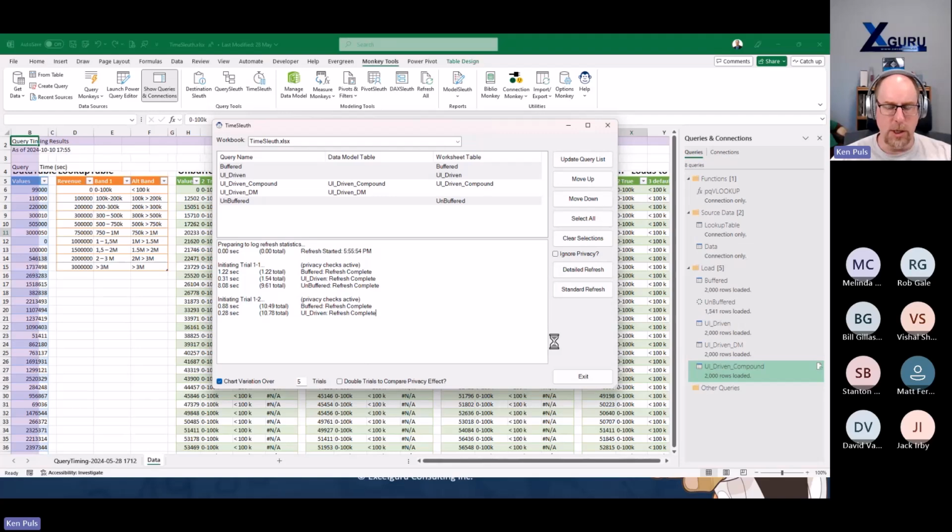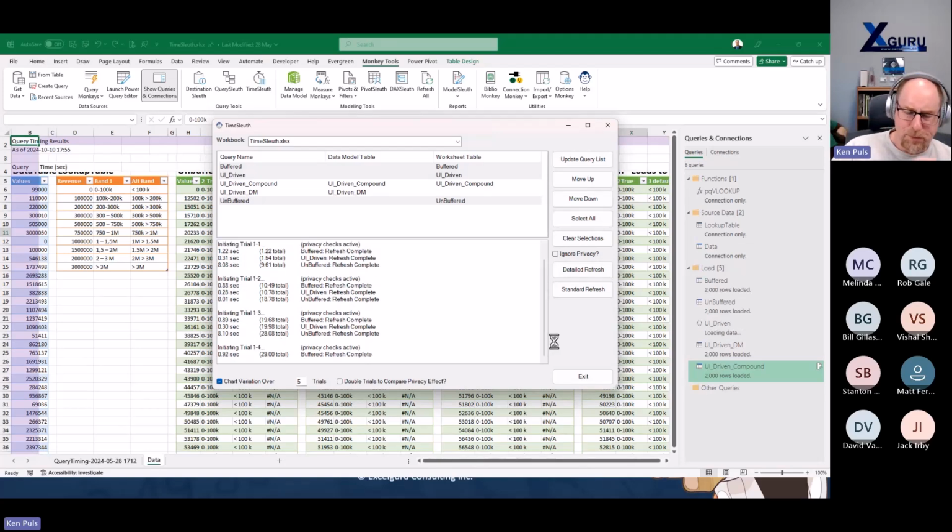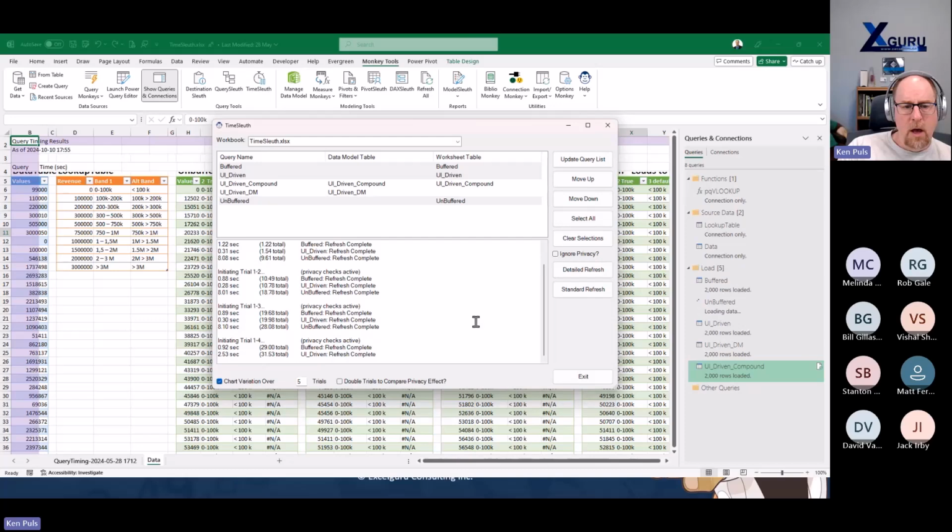They must go to either the worksheet, the data model, or both. We cannot time connection only queries because connection only queries don't load anywhere. So there's really nothing that we can actually look at. Okay. Now, the way this works is it will run a refresh, and it says this one here on trial